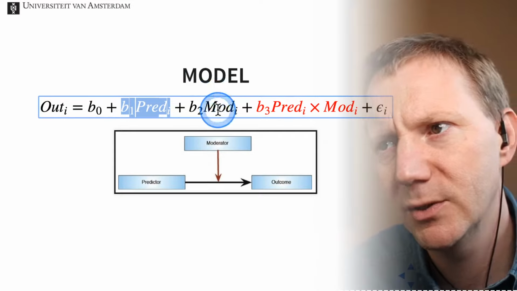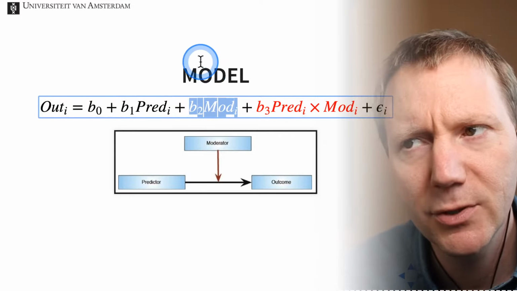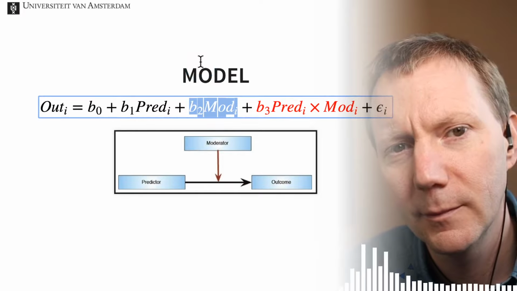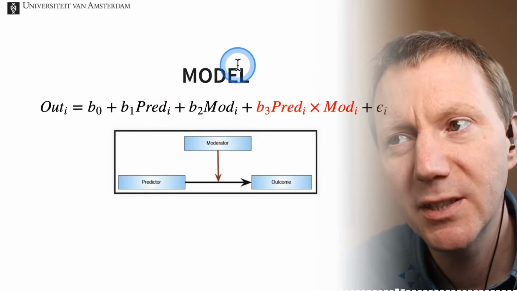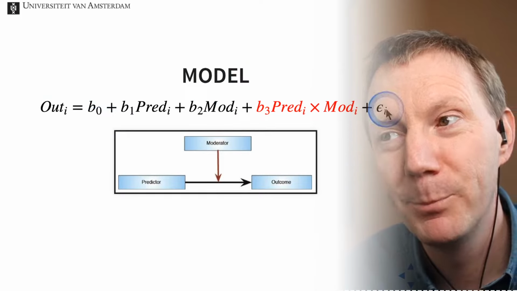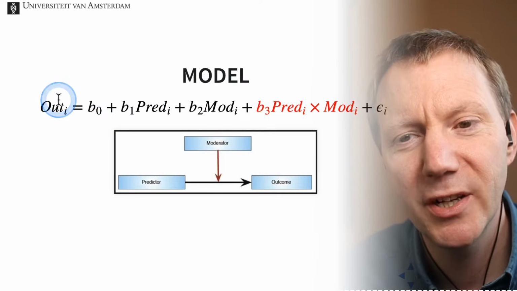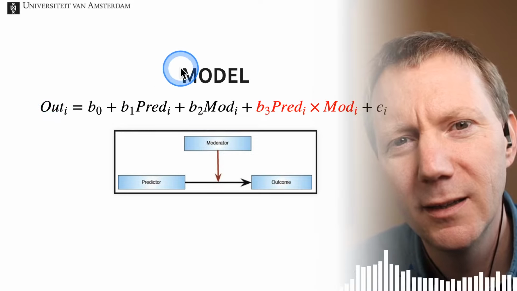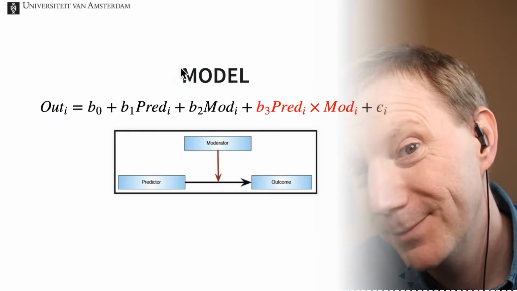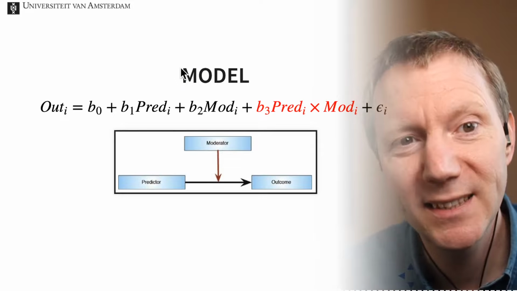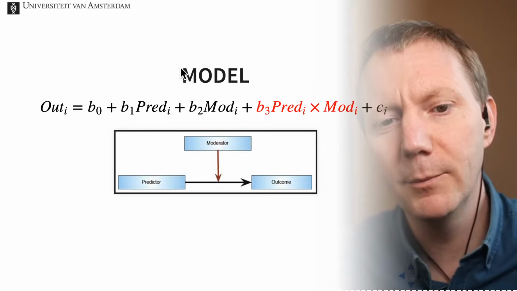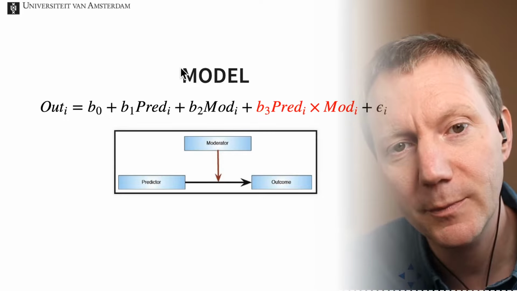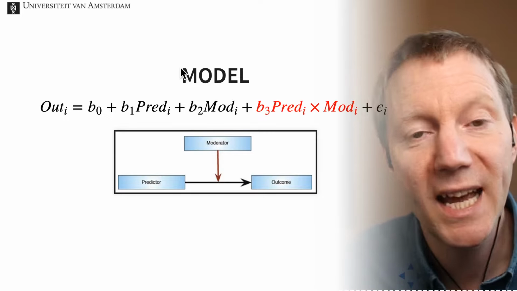Continuous. And the moderator, is this a continuous or a categorical variable? Continuous. Yeah. So what is the difference between a moderation analysis and the factorial ANOVA? Variable type. Yeah. Exactly. So the factorial ANOVA looks at categorical variables, at the main effects, of course, and the interaction